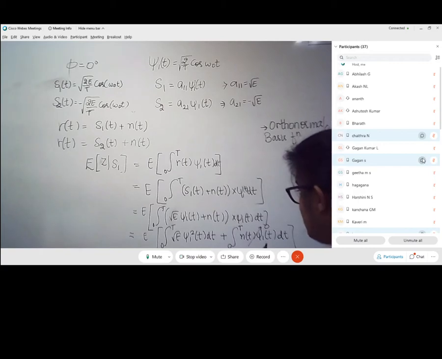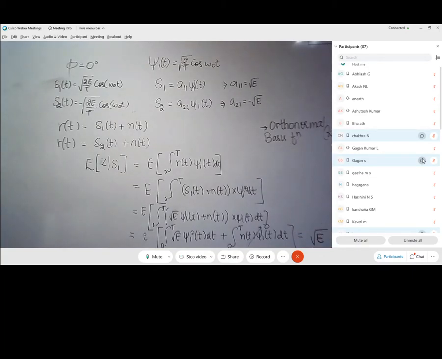Therefore, since the initial phase is also equal to 0, you will have equal number of cycles. Let's say you take one cycle of cosine and integrate it over one period, then it is going to go to 0. Similarly, however many cycles are present in the cosine, if you integrate it over the symbol period, you end up with 0. So the expected value for this case will be root E.